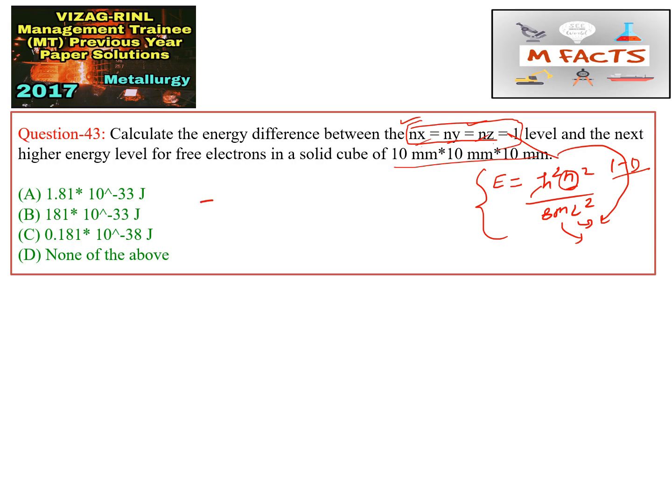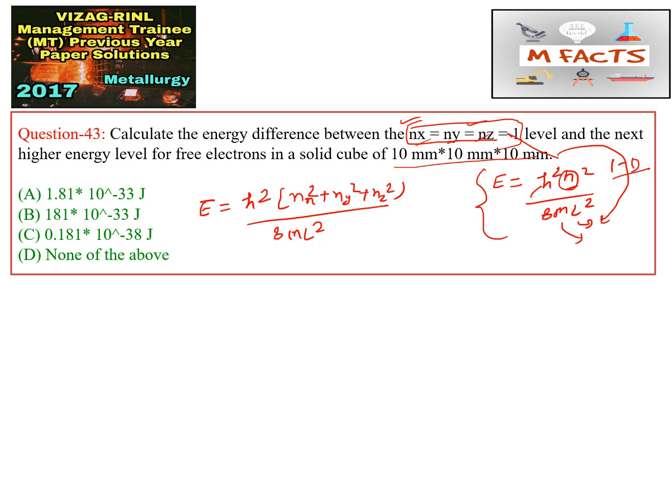So E is equal to, you can get this formula in any book which contains atomic structure, Nx square plus Ny square plus Nz square. That was a simple question asked in the RINL exam. So I wrote here: h square (nx square plus ny square plus nz square) by 8 m L